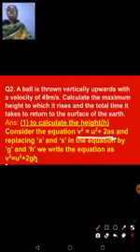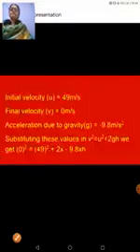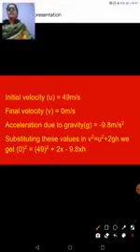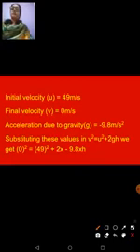v is 0 because it's the final velocity. Initial velocity is given as 49 meter per second. You all know the value of g on the earth is 9.8, but it is moving upwards. So it's working against gravity when it is moving upwards. In that case, we'll take the value of this g as negative. Okay, just look at this. Initial velocity u is 49 meter per second. Final velocity is 0 meter per second. Acceleration due to gravity is minus 9.8 meter per second square because the object is thrown upwards.